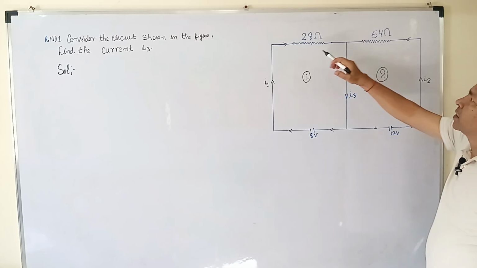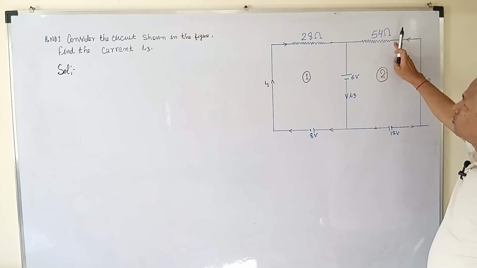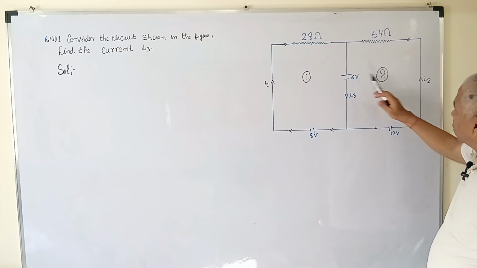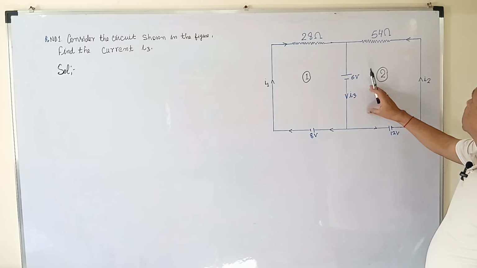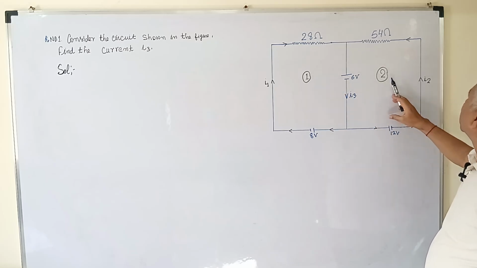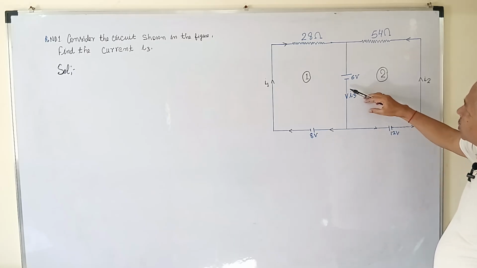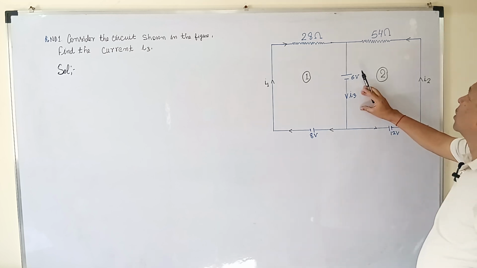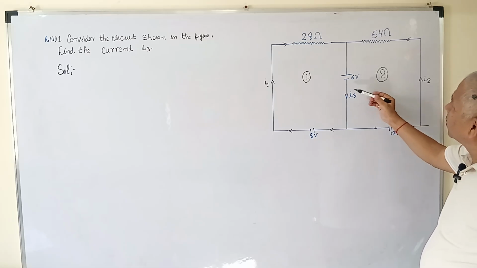Now in this circuit we see that there are two resistances, 28 ohm and 54 ohm, and there are three batteries, that is cells, 6 volt, 12 volt and 8 volt. Now this circuit consists of two loops, loop number 1 and loop number 2. So we have to find out the current I3. तो इस सर्किट में हमको करंट I3 को बताना है कि I3 का फ्लो कितना होगा. मीन्स करंट फ्लोइंग थ्रू द सर्किट I3 will be how much.